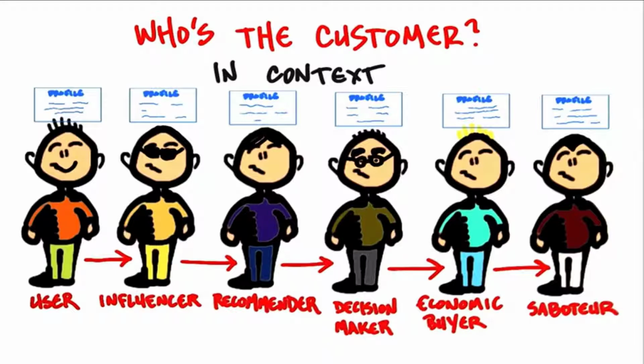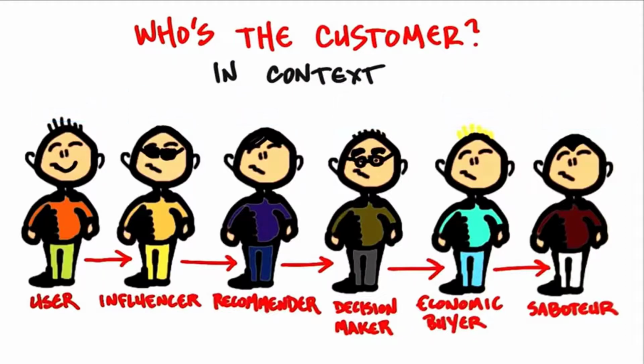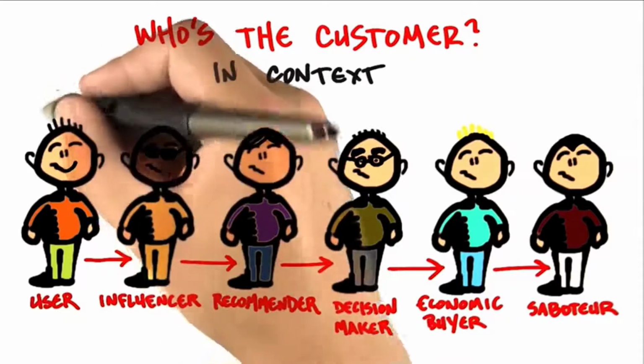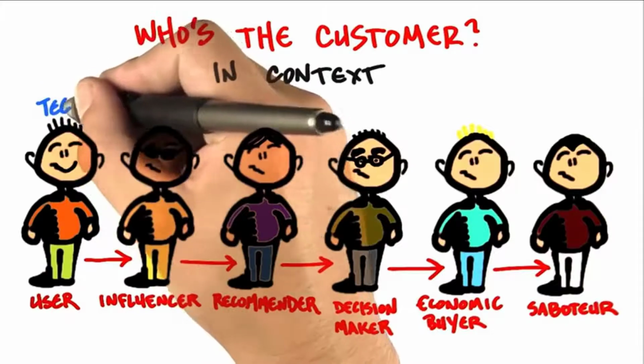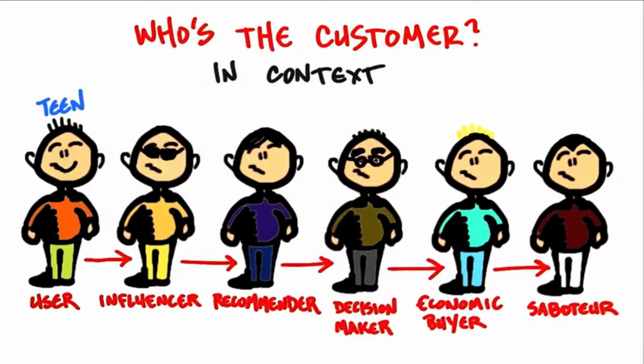Now, if you were rolling your eyes going, well, I don't sell to businesses, I just sell to consumers, this isn't relevant to me, I want you to think of the case of selling entertainment software to teens. Well, think about it. You say, well, the user, that's pretty simple. That's the teen. How hard can that be? Well, if they don't have a job, the economic buyer are their parents. And the influencers and recommenders may be their friends. And the decision maker, depending on your family, might be mom or dad or the kid or somebody else in between. And so when we think about business to consumer sales, you also need to start thinking about, is the user different than the payer?